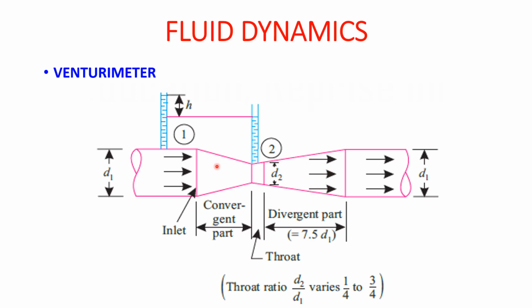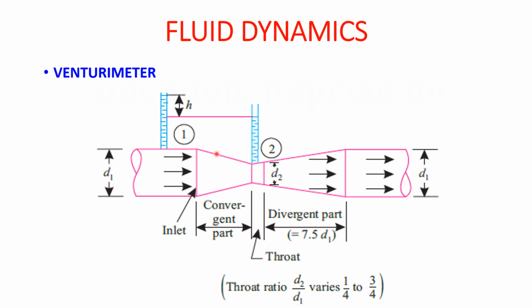While drawing the venturimeter, keep in mind that the convergent section is a reducing area and has a lower length, and the divergent section is of increasing area and has a higher length as compared to the convergent section. Mostly it is around 1.5 to 2 times greater than the area of the convergent section.